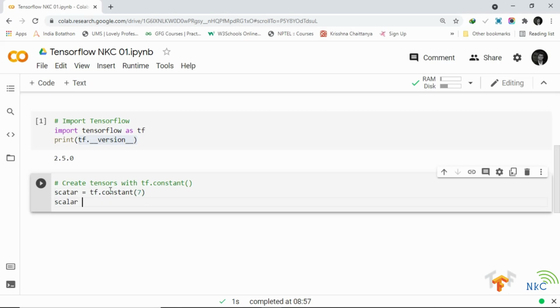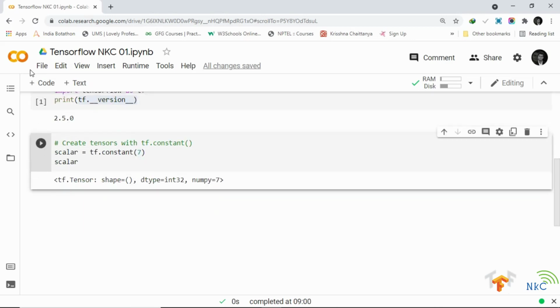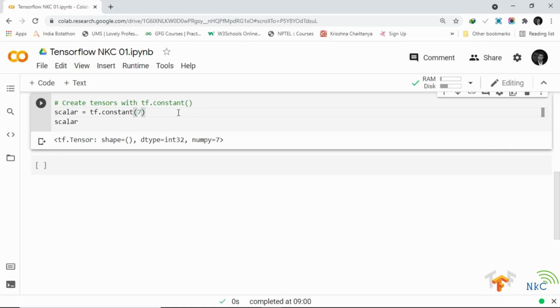And what I have written here is the word scalar, which you might not be familiar with for now, but we will learn what that is. So when we create a tensor with tf.constant, we get this. It says it's a tf.Tensor, it has shape empty, the data type is int32, and in NumPy this value is 7. So again, NumPy, TensorFlow or PyTorch.